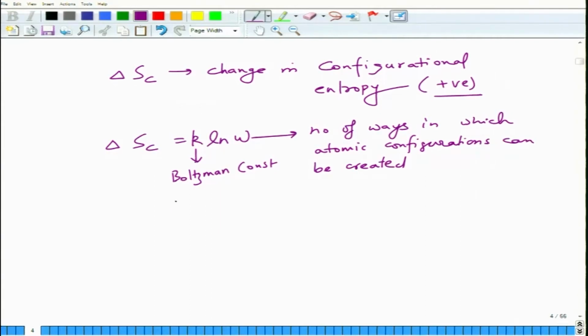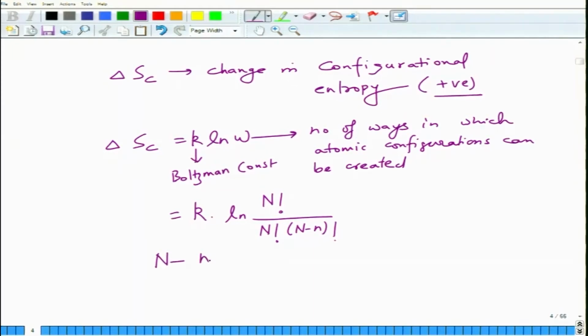This happens to be small k ln of factorial capital N divided by factorial of (N minus n) times factorial n, where capital N